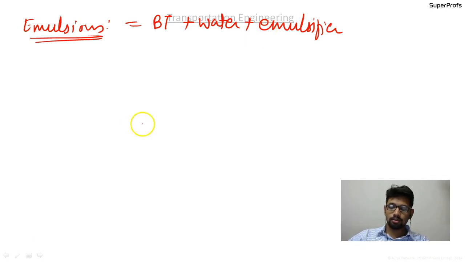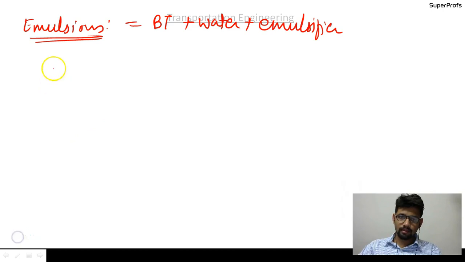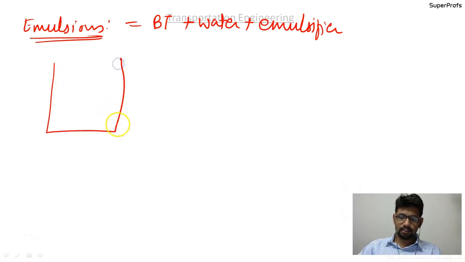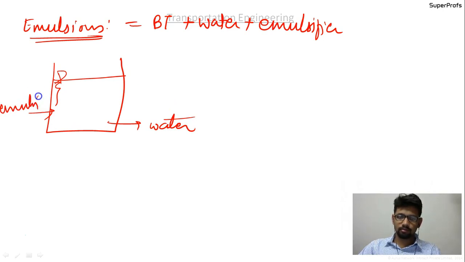So what we do, in such a container there will be some water, and there will be some amount of emulsifier, and bitumen will be sprinkled on this like this.